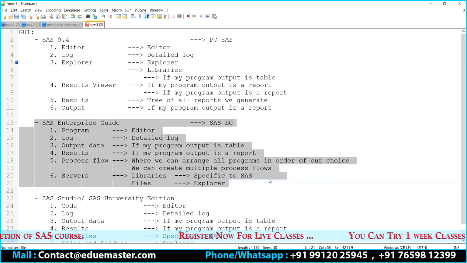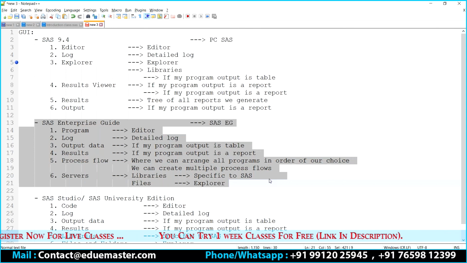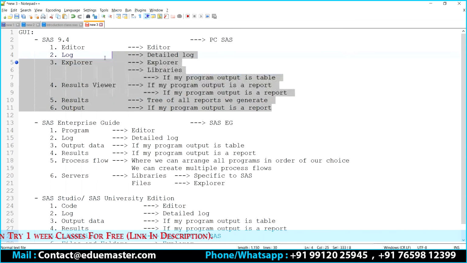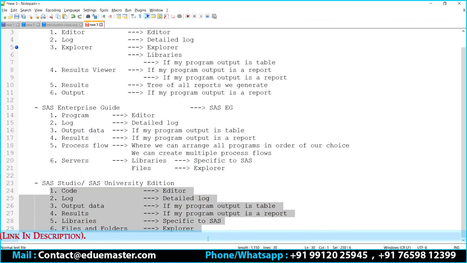Yeah, we'll do one thing, I think that will be my preference, as you mentioned. Let's see what the team says. We'll go module by module. Let's say 4 or 5 classes we go with Enterprise Guide, 4 or 5 classes with 9.4, or 4 or 5 classes with SAS Studio. Whichever you feel is good, we can go with that. Anywhere the effort remains the same, so which one you choose is up to you. You may decide after a week, or after 2 weeks. That's absolutely fine.